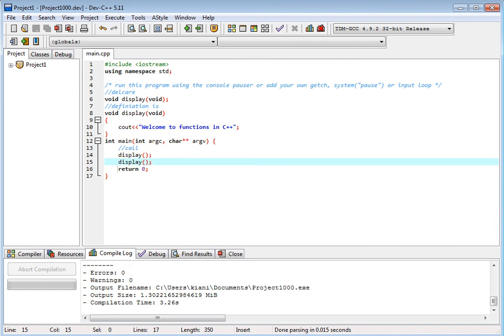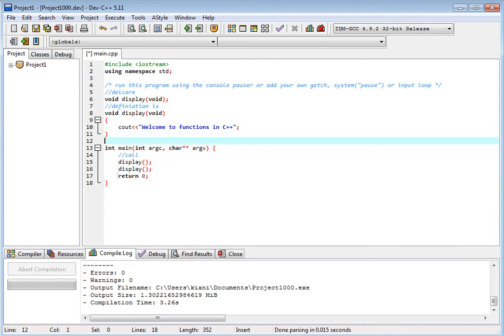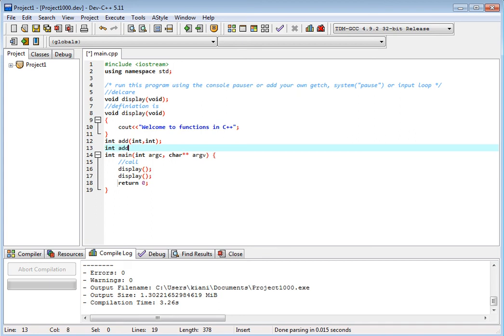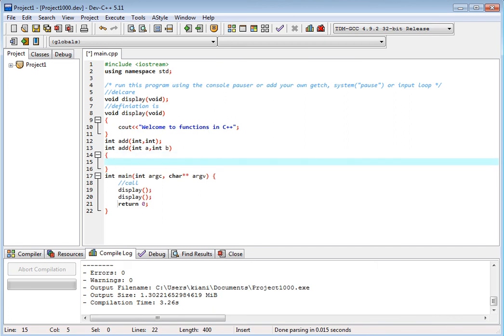If we want to add another function, for example, integer function, return type is integer, name of the function is add. Okay, its values are integer and integer. This is the declaration, and I define it: add, integer a, integer b.